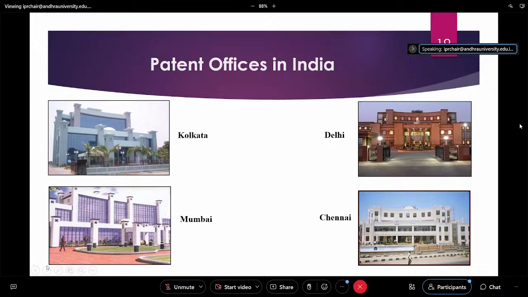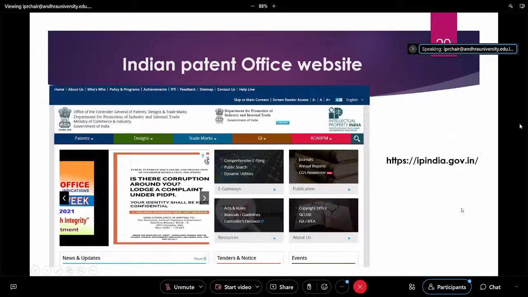Okay, this is the Indian Patent Office website. This is the link for the website. So if you are interested, you can just go and see it. On your screen, you can see the annual reports. That is just under the RGNIIPM. Those are the annual reports